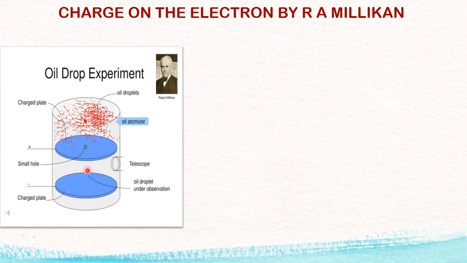Okay. So they started moving towards the positive electrode. Why? Because earlier the oil was not charged. Now the oil is charged. If it is charged by the positive, it will go down. But the oil drop which was charged by the electron due to the collision in this area started moving towards the positive electrode. Now what Robert Millikan did, by controlling the electric field voltage and by controlling the gravitational force, was maintain the speed of the charged oil droplet in such a way that the oil drop totally became static. That means it was not allowed to move.